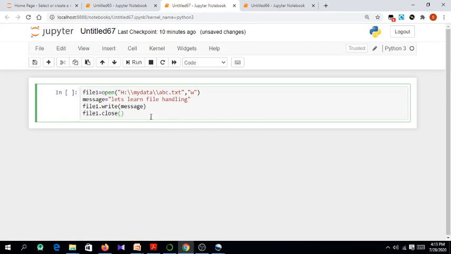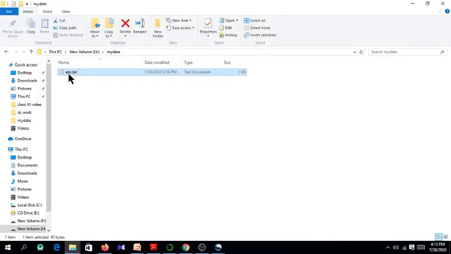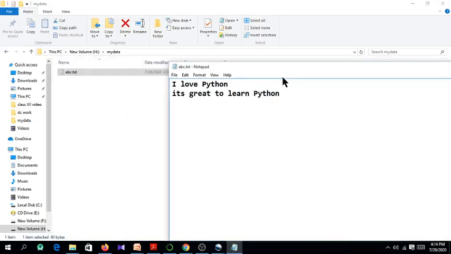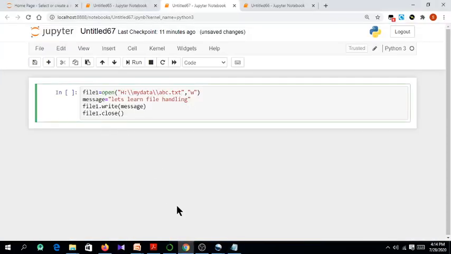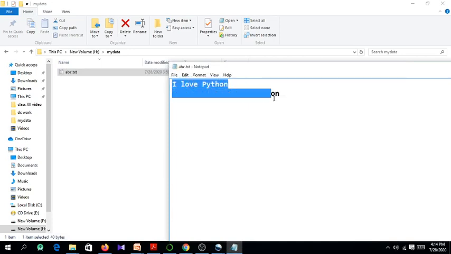Now see one thing that I've already told you: when you are writing something into a file, I'm writing this new string, "Let's learn file handling", into an existing file abc.txt. Let us again open the file. Here writing means that when I write this new string, the previous content of the file will be deleted. Keep this in your mind: all these previous two lines will be deleted and the new line will be written into the file. Previous content will be deleted. This is how write mode works.